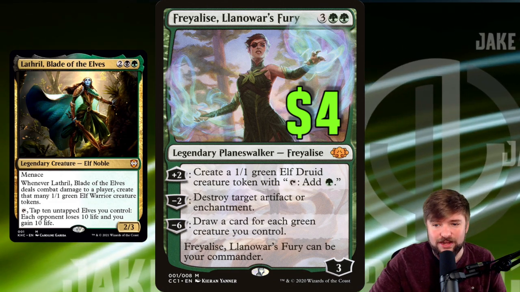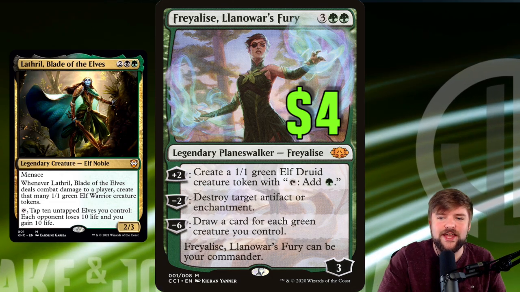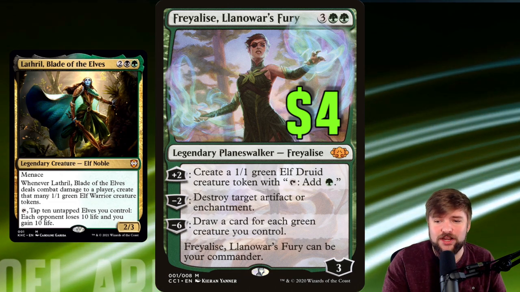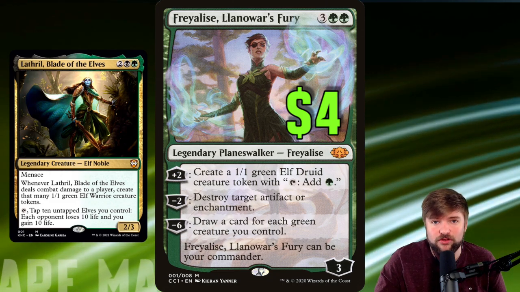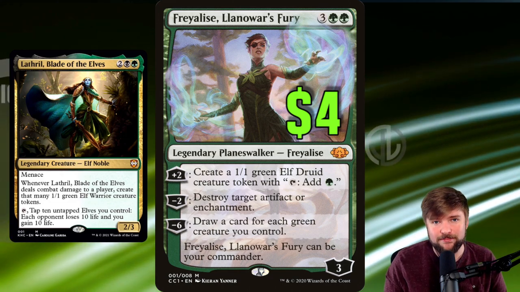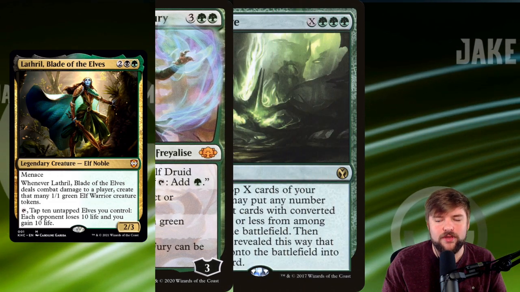And then if you need it, and you can get there, -6 to draw a card for each green creature you control. You can see how much of our synergy is built into this one planeswalker that really is, to me, a 5 mana enchantment that will create 1/1 elf druid tokens, just however long it stays on the battlefield. And for a $4 card, it's got a lot of upside for this quote-unquote enchantment. If it stays a long time in the game, that'll give you a lot more value as we go through